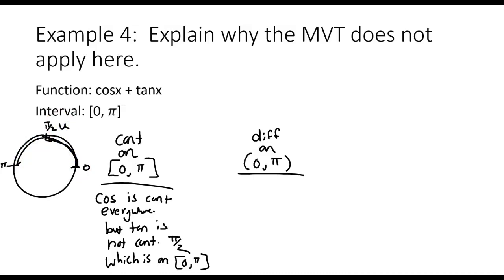Now you can also know it by looking at your little worksheet that tells you the continuity. Tangent is discontinuous at pi over 2 and any multiple of pi that's added to it after that. Now since it's already been proven that it's not continuous on the interval, then we're good. So since tangent's not continuous on the interval, then that means this whole thing's not going to be continuous, because if you add something that doesn't exist to something that does exist, it still ends up not existing. So the MVT does not apply